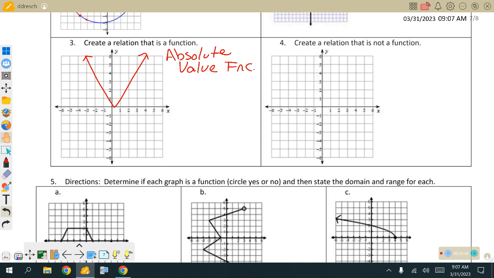Does it pass my vertical line test? Sure does. Okay. U-shape, quadratic, V-shape, absolute value, V for value. They go hand in hand. It's the same type of graph. So whatever shape you just drew on there, does it pass the vertical line test? You're good to go. Another major one that we do in Algebra 1